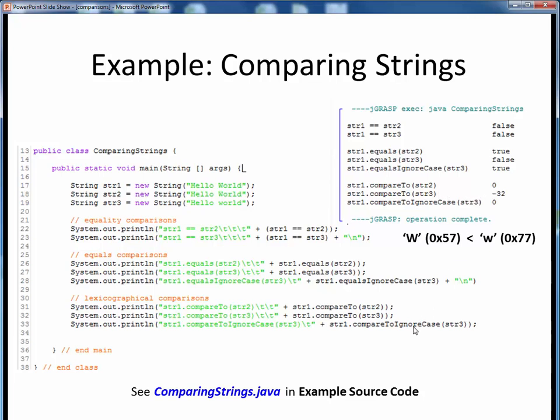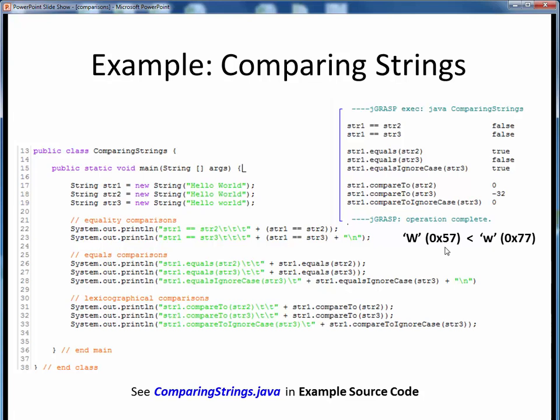However, if we ignore the case in the same comparison, then string 1 and string 3 are identical, so now a 0 is returned. You might be wondering where that -32 comes from. Well, the first character that differs between string 1 and string 3 is the W, and here are the Unicode values for upper and lowercase w. You might note that these character codes differ by 2 in the 16ths place, which of course is, drumroll please,